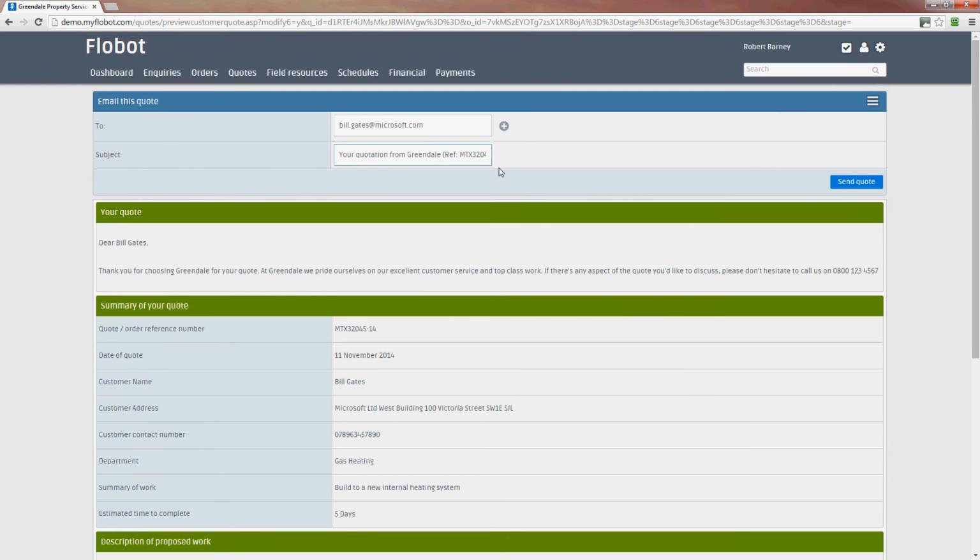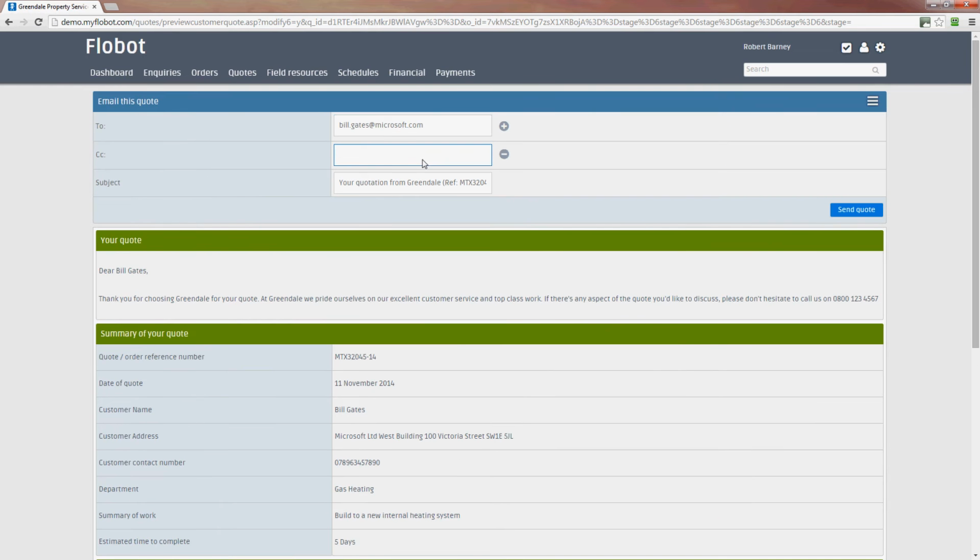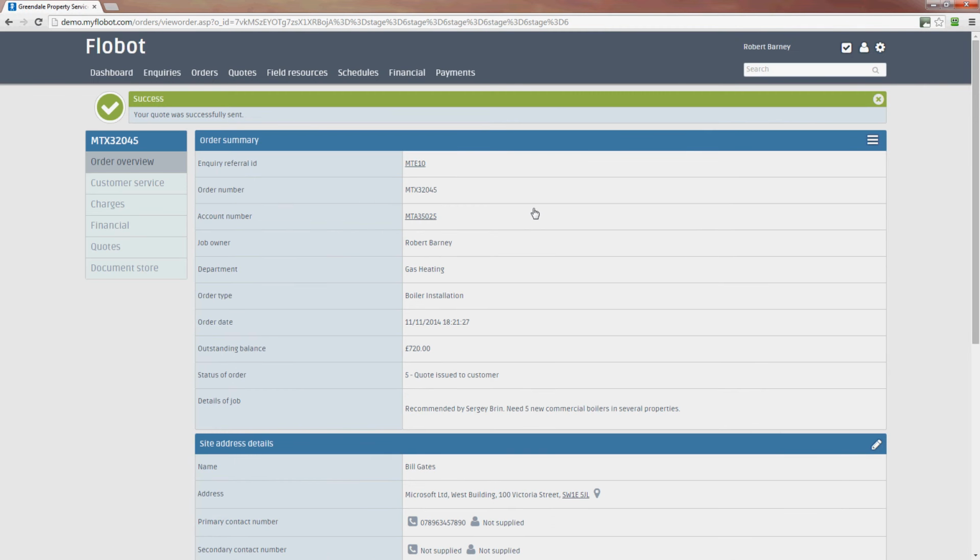Let's email this quote to Bill Gates. We can add some other people. We might want to email it to Melinda or Sergey, who recommended us. And we can change the subject, but the subject for this is your quotation from Greendale. So we're going to send that quote, and you can see that's very quick. The quote has been sent,